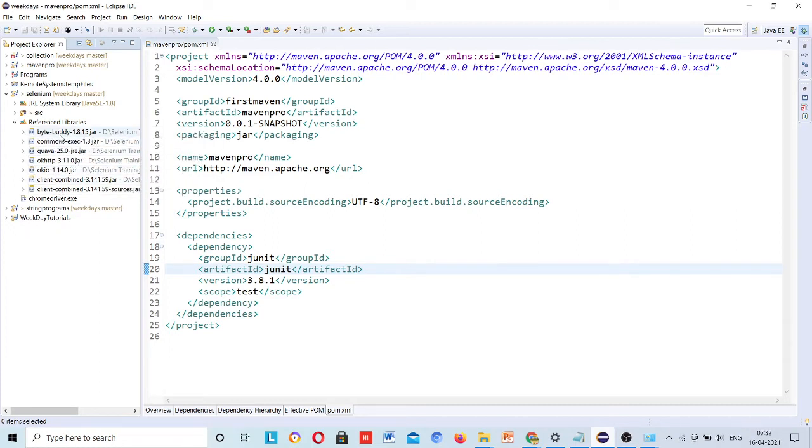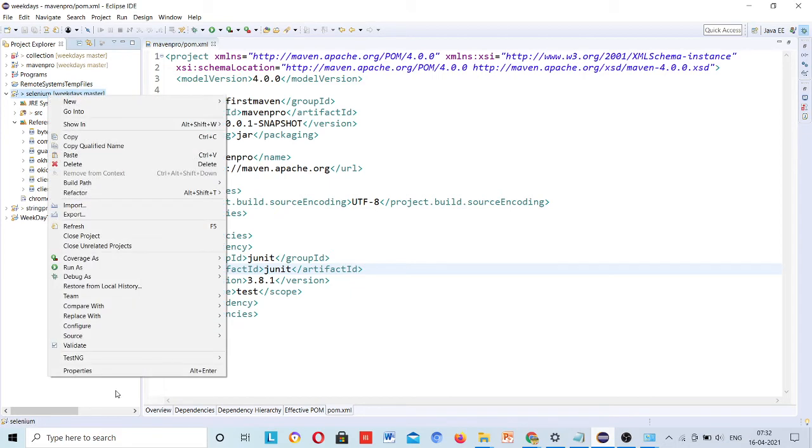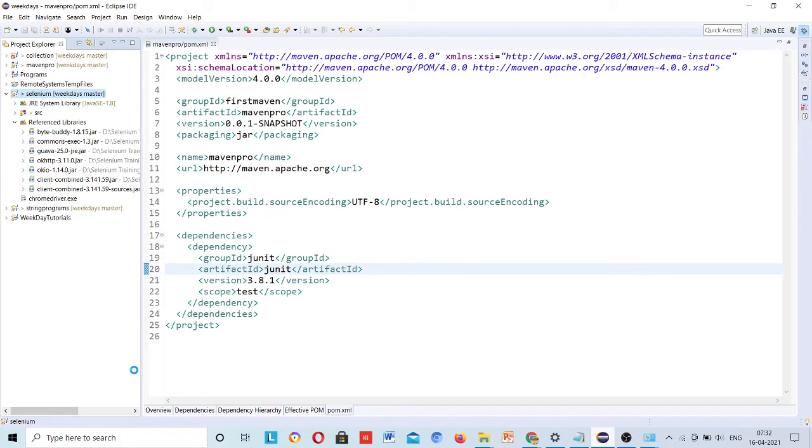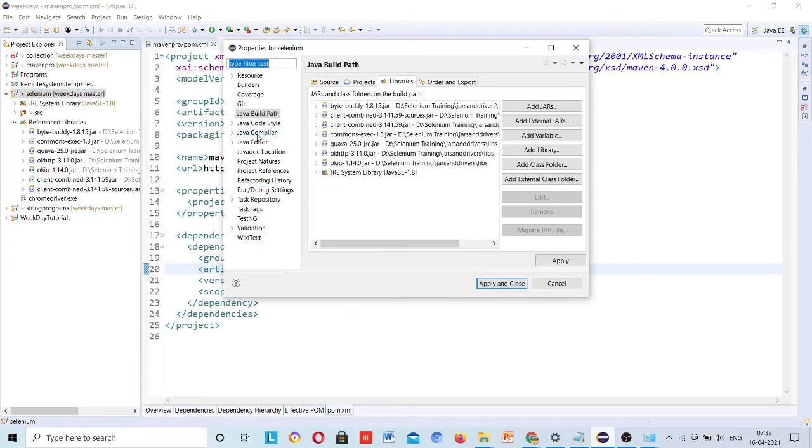Suppose tomorrow I have to use testng, then testng jars I have to add. We were going here, right click on the project and properties, and then Java build path and libraries, and here we were adding the jars.